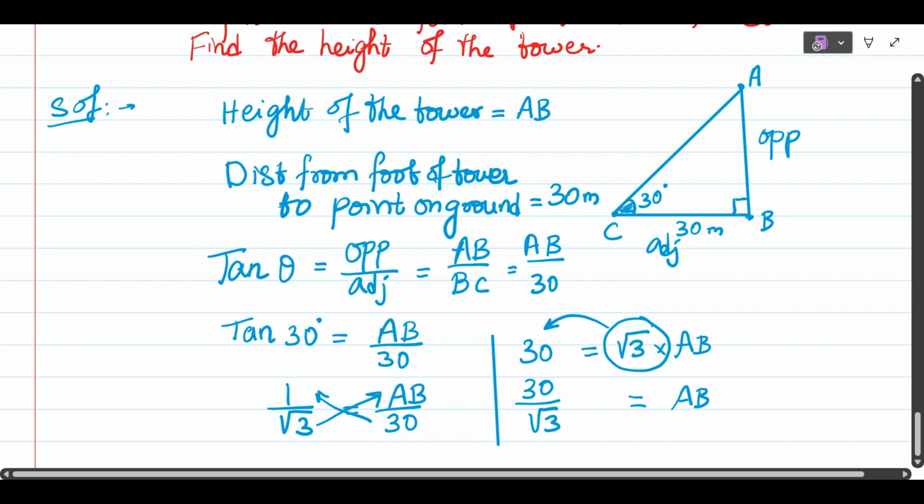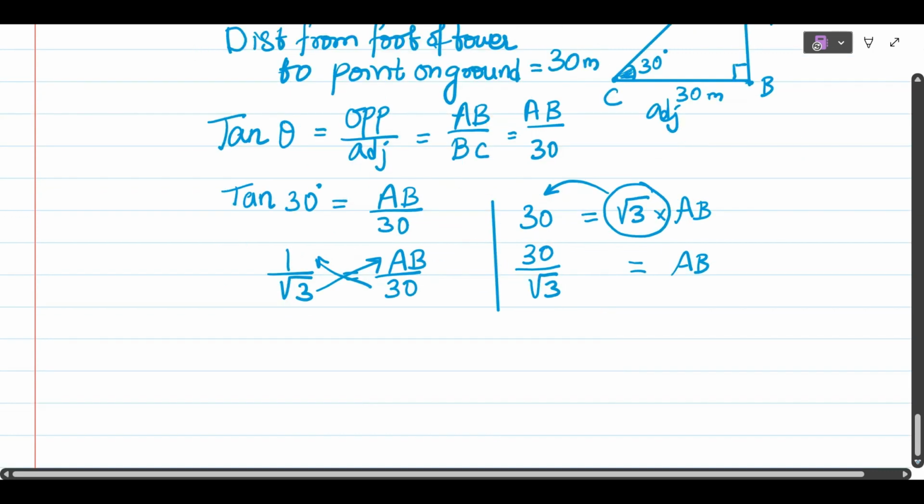If you have an irrational number in the denominator, multiply the numerator and denominator with its rationalizing factor. So multiply the numerator with root 3 and the denominator also with root 3. So this becomes 30 root 3 by root 3 into root 3. How much, students? 3. That will be equal to AB. Now 3 ones are 3, 3 tens are 30. So 30 and 3 have a common factor 3, no? So now we got AB is equal to